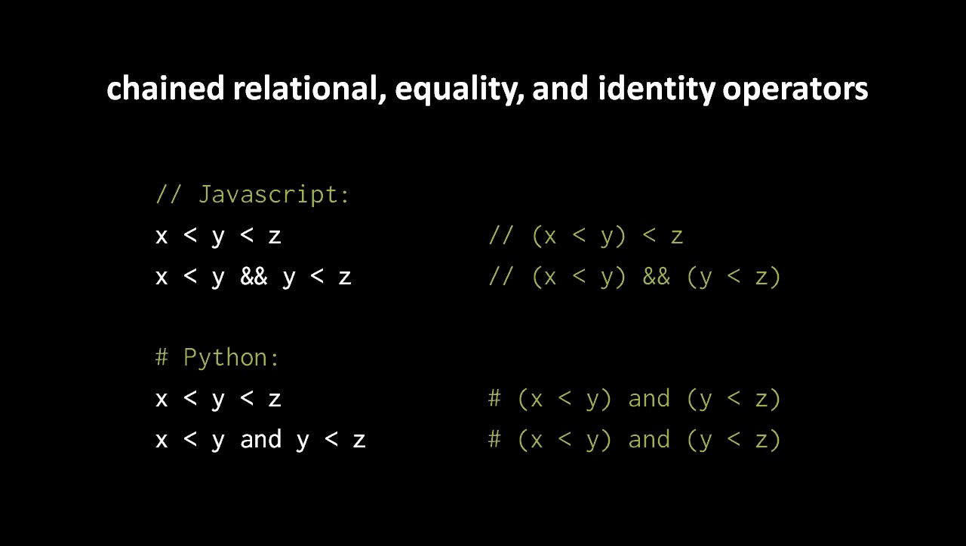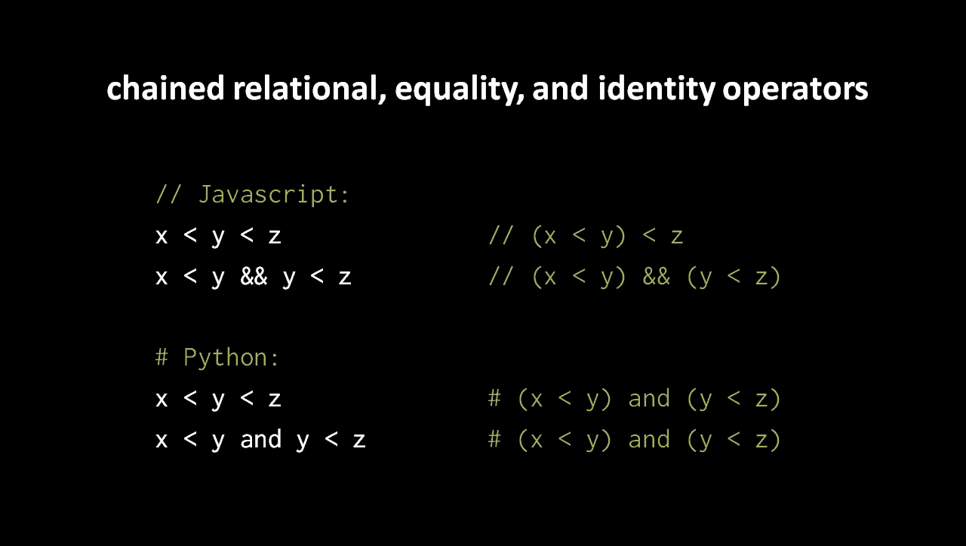So the proper way to express this in JavaScript is to write x less than y and y less than z. It's really two separate comparisons, and we logically AND them together. In Python, however, you can actually get away with expressing the same logic either way. You can do it as you would expect to write it in JavaScript or in fact most other programming languages. You could write x less than y and y less than z, or you could just write x less than y less than z